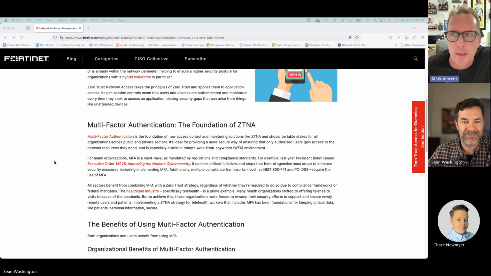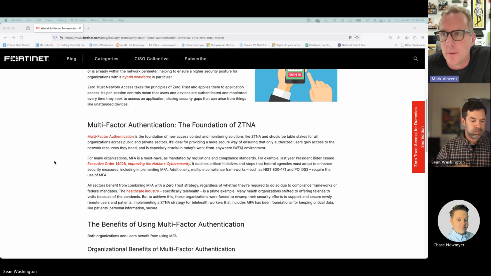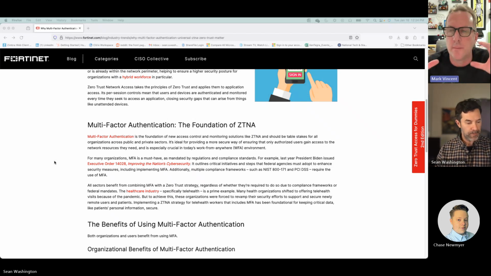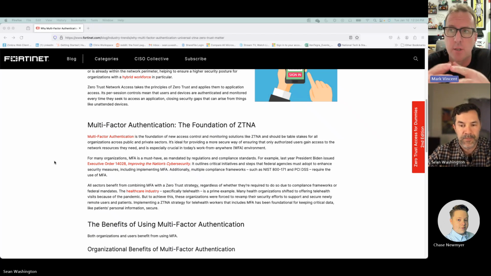Yep, starting with an MFA on everything you can get your hands on is definitely the start. What makes ZTNA somewhat different in that respect is it ties in with your SSO provider. So if you have an SSO provider, let's say Microsoft as an example, right? Or Duo, you're going to be able to consolidate those different applications, different access means into a central solution that allows you to authenticate who you are without having to have 50 different million codes as well, which is something that, as much as I love MFA,